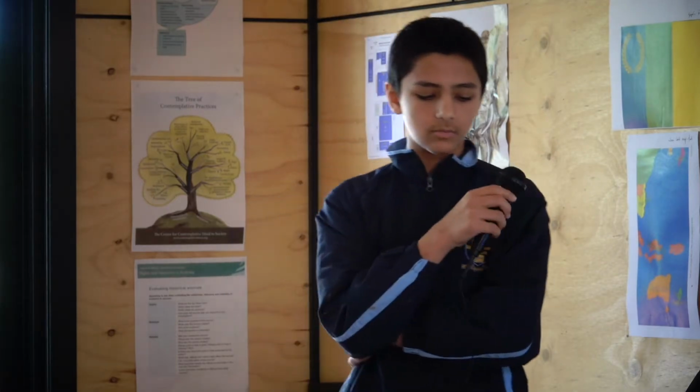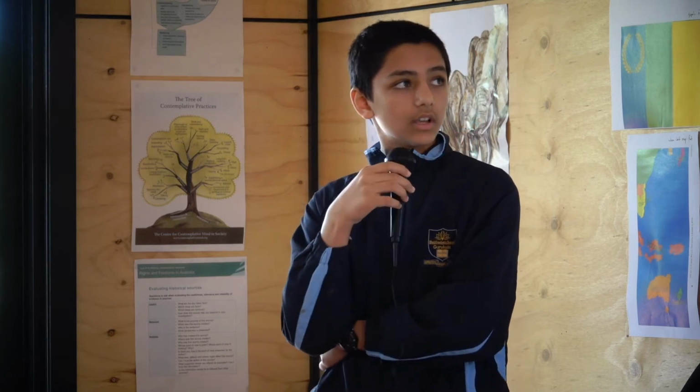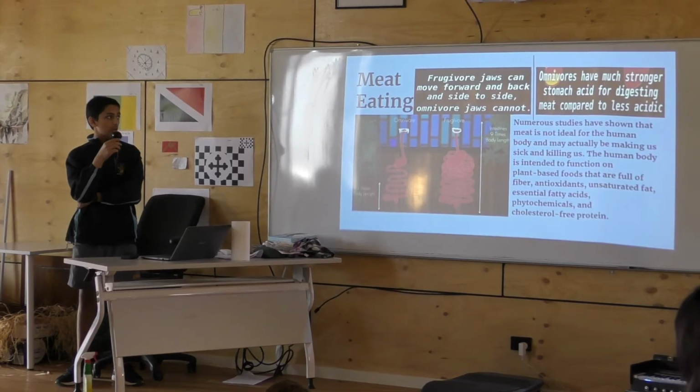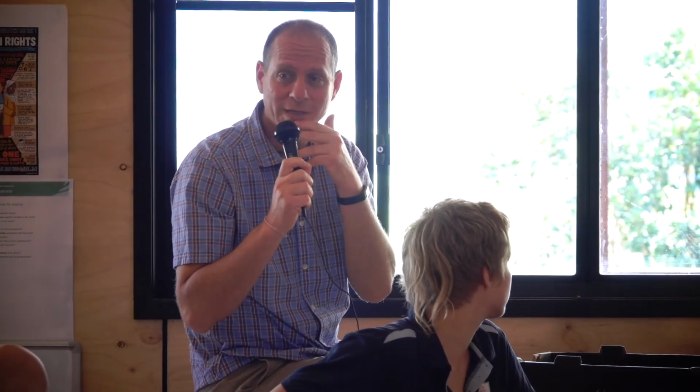From the documentary, we actually started watching What the Health, and they talk about this. Frugivore jaws, like ours, move forward and back and side to side, and omnivore jaws cannot. Omnivores have much stronger stomach acid for digesting meat compared to less acidic. They show in the movie very clearly many doctors and researchers showing that consuming meat or animal products